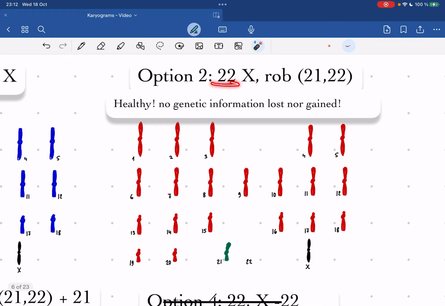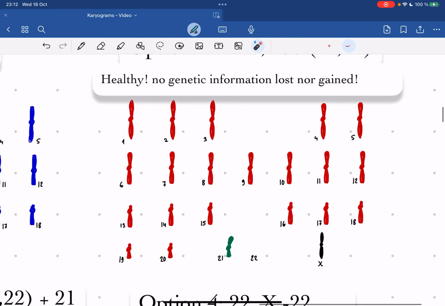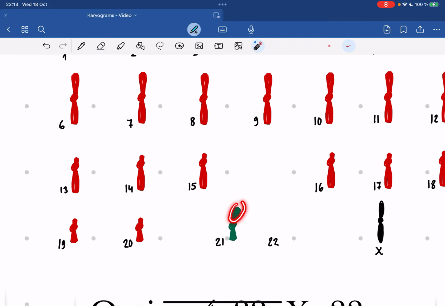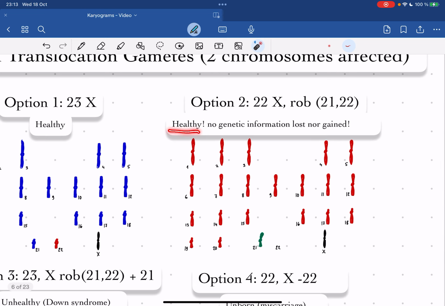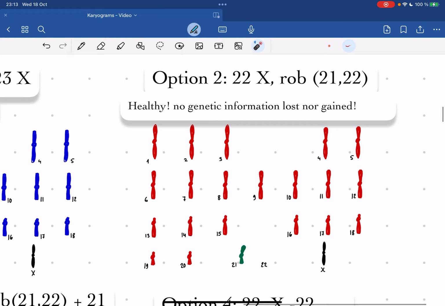However, in our case, we're counting 1, 2, 3, 4, 5, 6, 7, 8, 9, 10, 12, 21. There's nothing in 22, and then there's 1 here. So that would be 22 in total. So 22, right? But because we've technically lost this one here, it's not really lost, it's actually just added right here. That means that it's a healthy person. We've not lost nor gained anything here, and therefore we would have